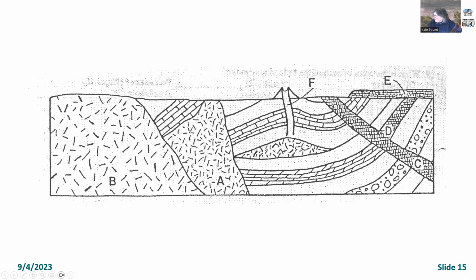This weird sort of lozenge shaped thing is, it's hard to see exactly how it's fed from below, but it's igneous material. Then you've got C, which is cutting across all these other layers, and then D, which is parallel to the layers, and then E is on the surface. So what might these be named? You may be familiar with some of these terms and how to use them. If you are, stop and just test yourself. Otherwise,